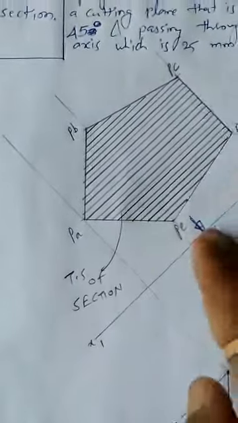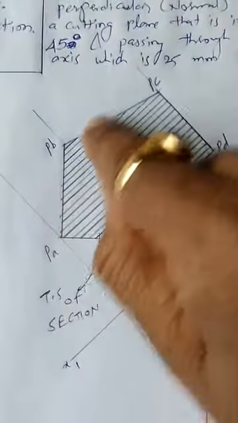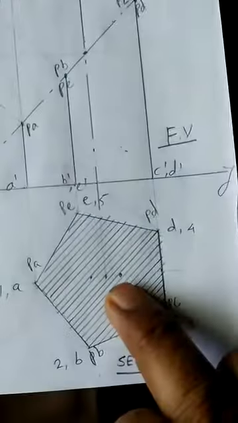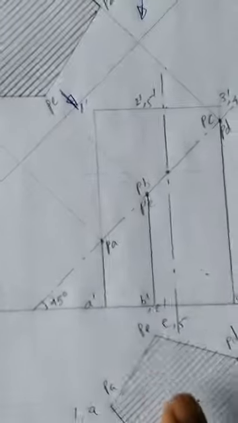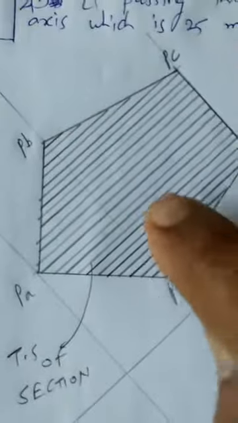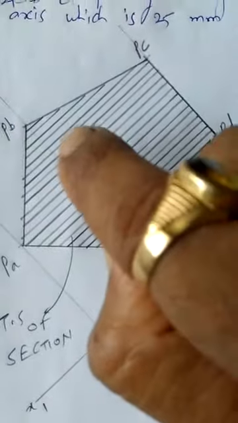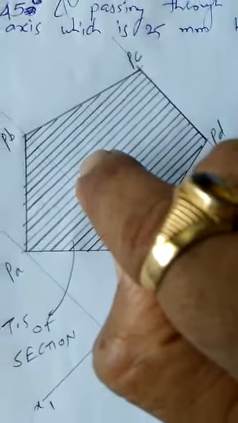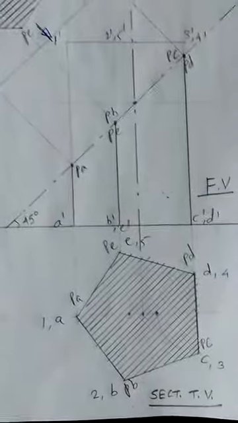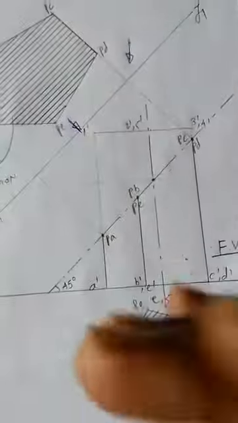Okay, now after joining all the corners, you have to create hatches again, on this surface as well as on this surface, because both these surfaces are sectional surfaces, means sectional lines, that is hatches, you have to create on this surface. How to create? The distance between two consecutive lines should be 2 mm. Okay, not less than or more than 2 mm, and the inclination made by these lines will be 45 degrees with the ground. What I am saying, 45 degrees with the ground, either left-handed or right-handed.